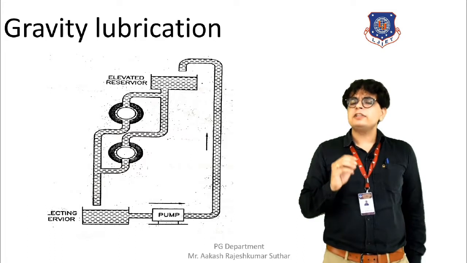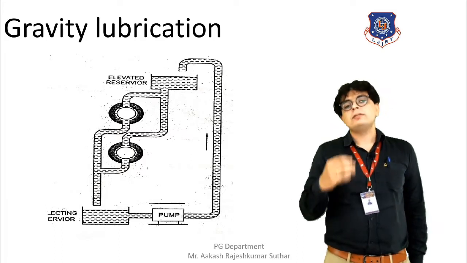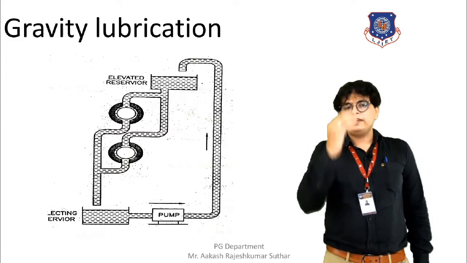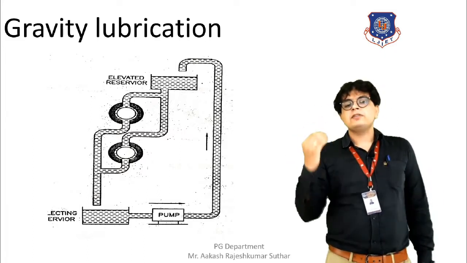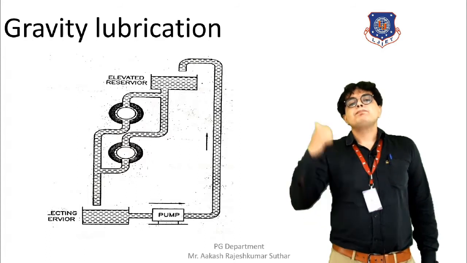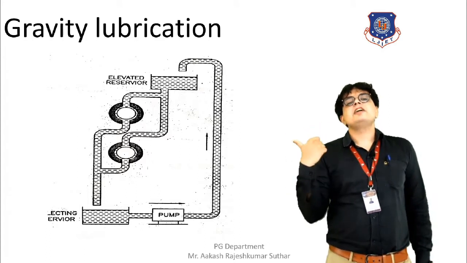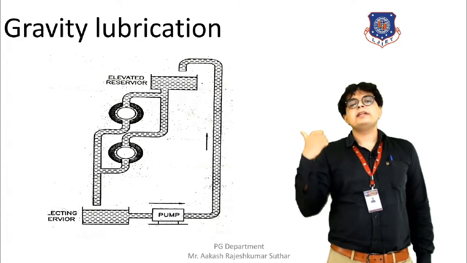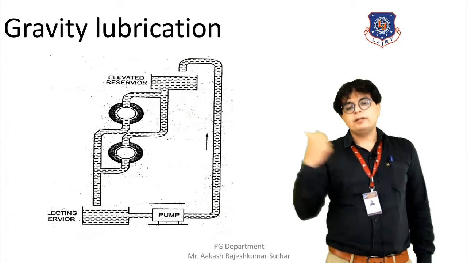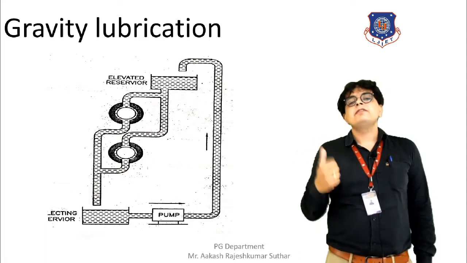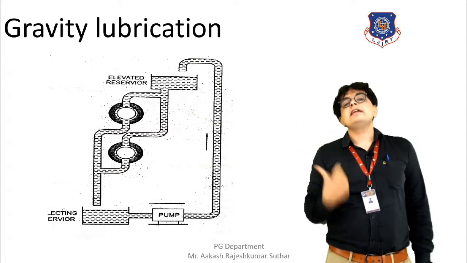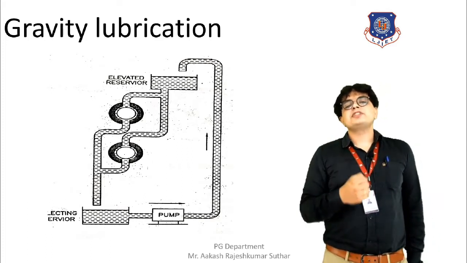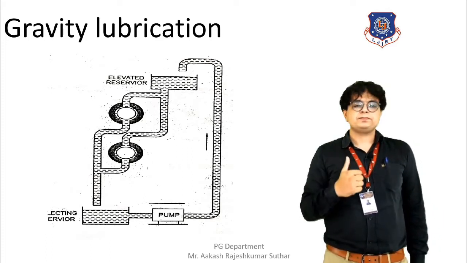The cleaning of the lubricant will be by itself, because it is moving under gravity. The waste lubricant will come out by itself and move into the single pipe we see in the figure here. There is a pipe where the lubricant coming out from the bearing moves, and it then fills into the reservoir that is at the bottom. So this is how gravity lubrication takes place.